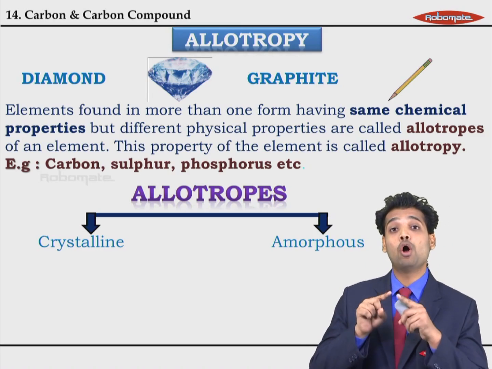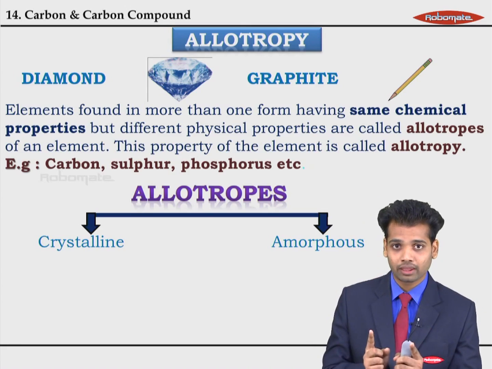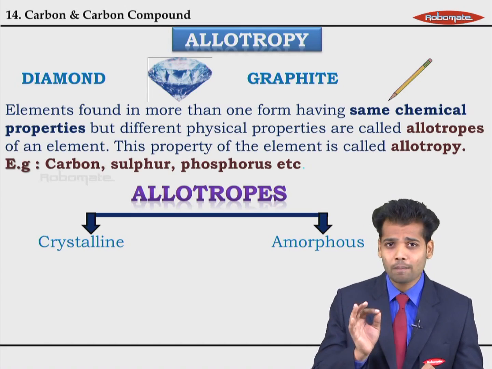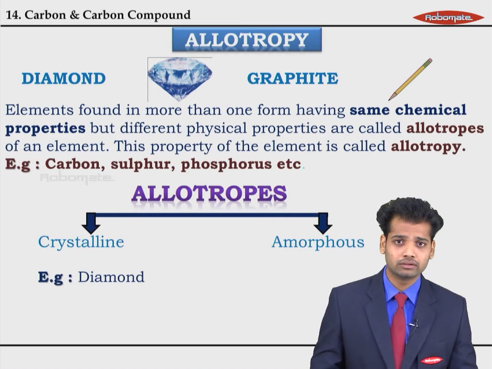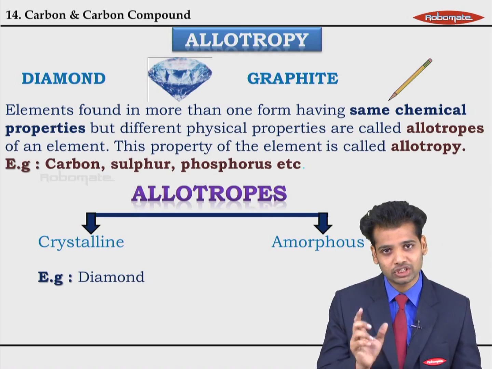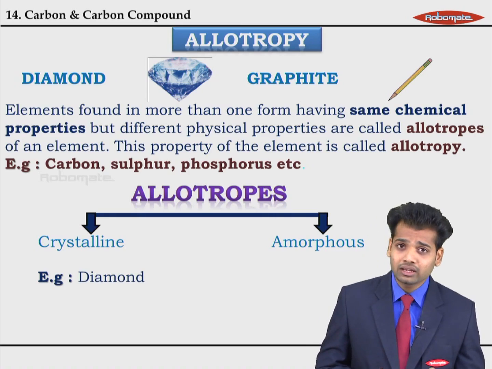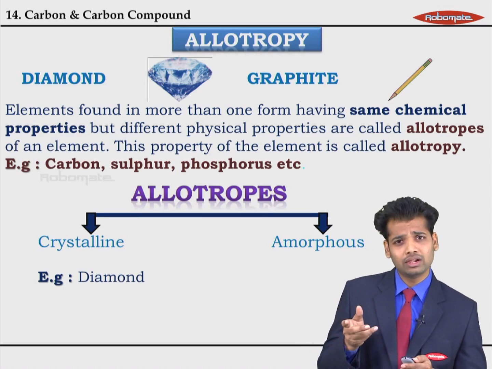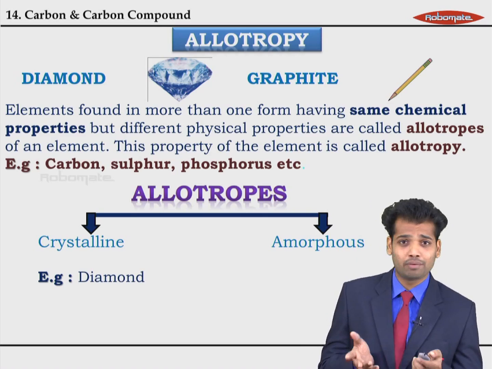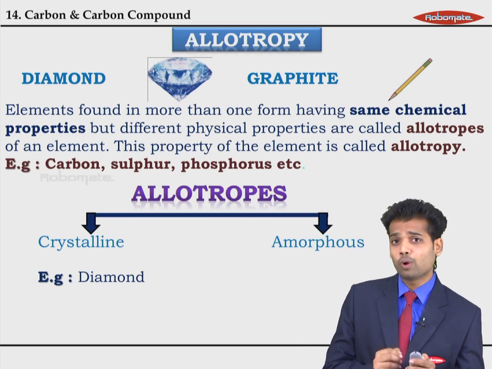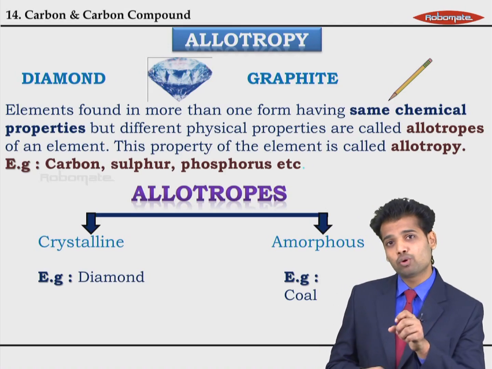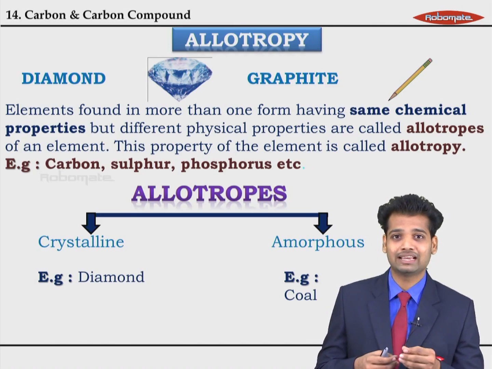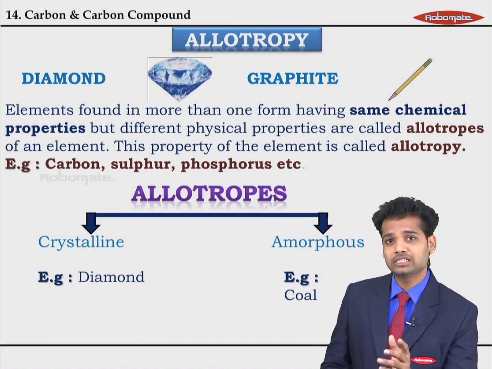Crystalline means it has a very rigid, firm structure which is repeated again and again, making it a proper form. Like for example, diamond. You always find diamond in a proper shape. It does not change its shape. But a physical form like coal changes its shape. Sometimes it's oval, sometimes it's square, sometimes it has the shape of an amoeba. You never know. So this coal is an amorphous form, and when you powder this coal, it turns into fine powder. Whereas this diamond cannot convert itself into fine powder. There will always be crystals of this diamond.